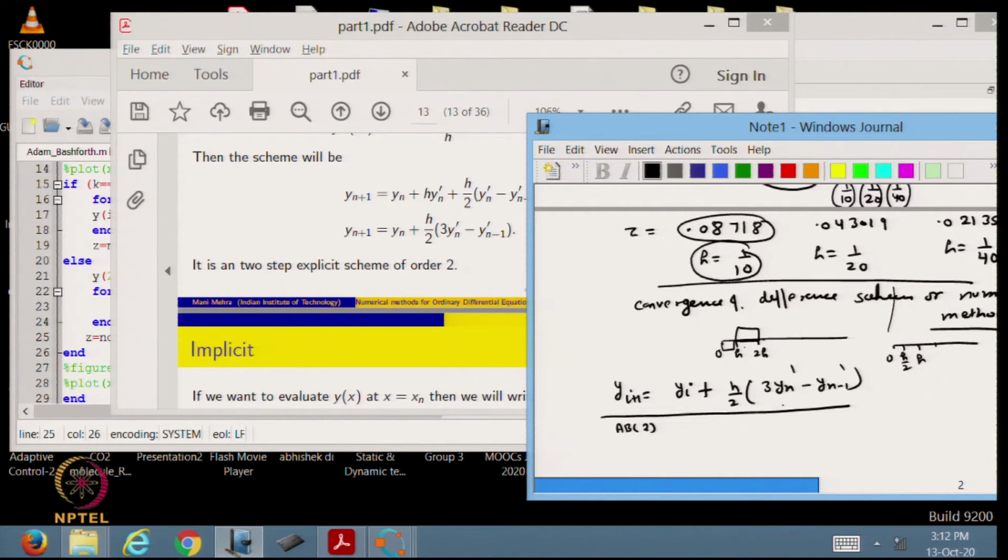And one thing about this is that it is a multi-step method. Sorry, here I have written n, it should also be i, and this should also be i. It is a multi-step method. So, if I am starting with y0, first I have to compute y1 with the help of some other single step method, and then I can compute y2 with the help of this method. That is what I have implemented numerically also.